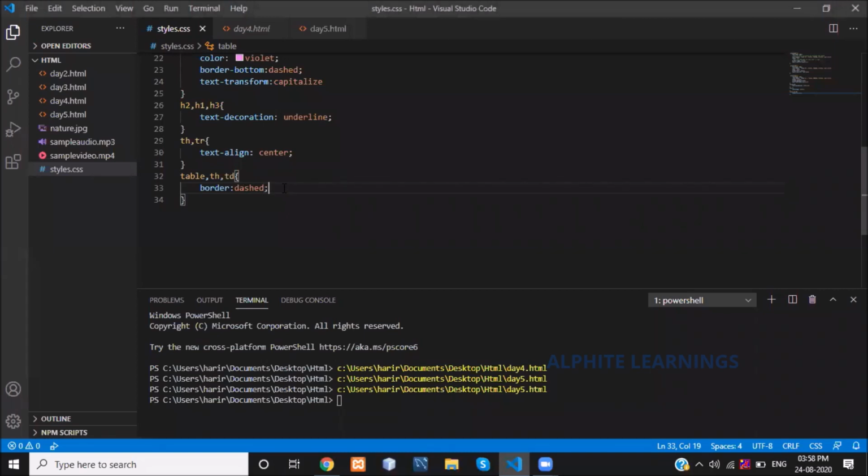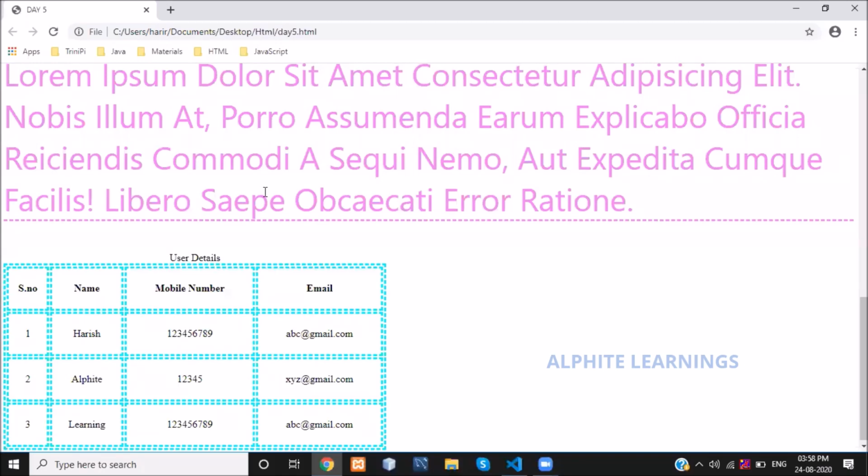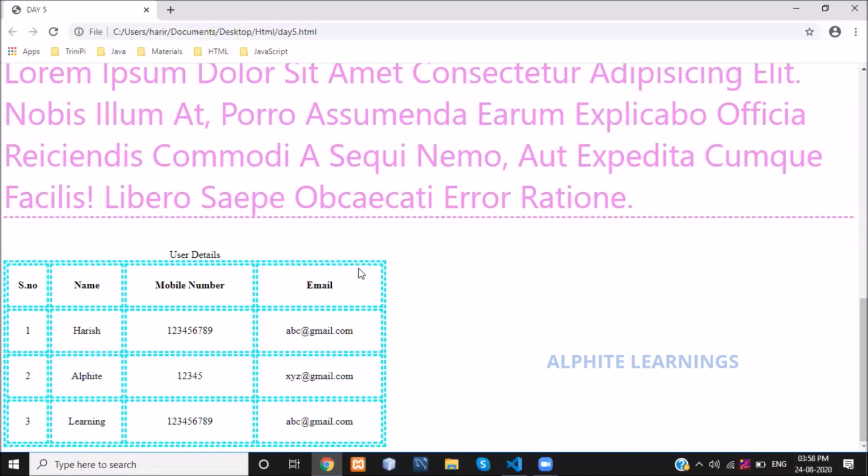Similarly, you can give the border color also. After the style, you can give whatever color you want. I'm just giving aqua. See, it gives you the aqua dashed border.